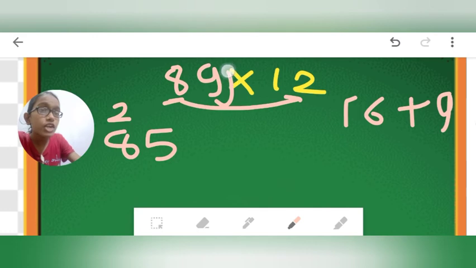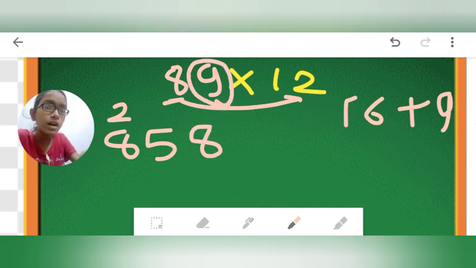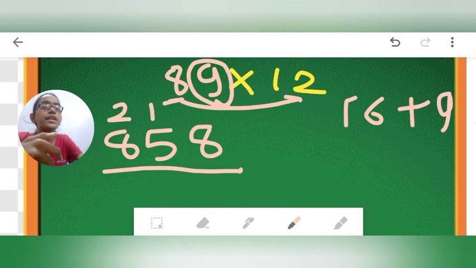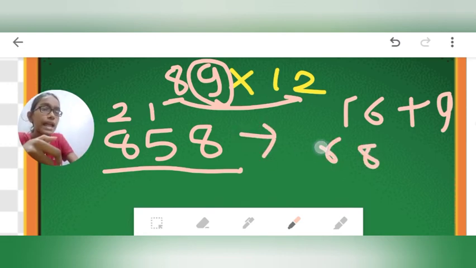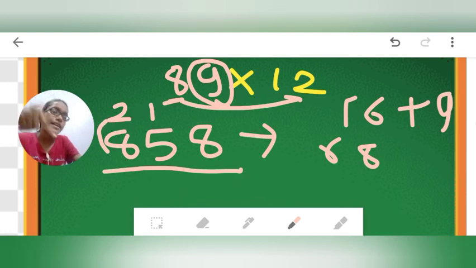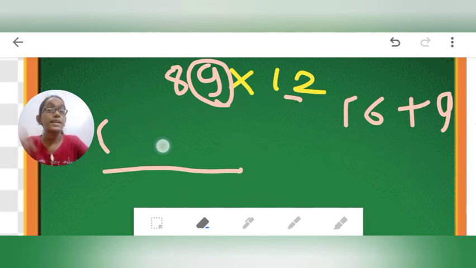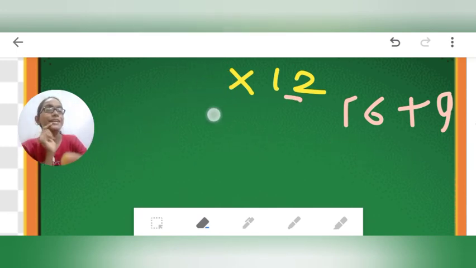Now 9 ka 2s are you will do. 9 2s are 18. 18 you will not write entirely, just do some carry. Done. Now just add up the numbers. Your answer would be 8. Then 5 plus 1, it's 6, and 8 plus 2, it's 8, 9, 10. 10, 6, 8 is your answer. Just use a calculator to check this. Your answer would be absolutely correct. Not even one digit would be out of place, right?